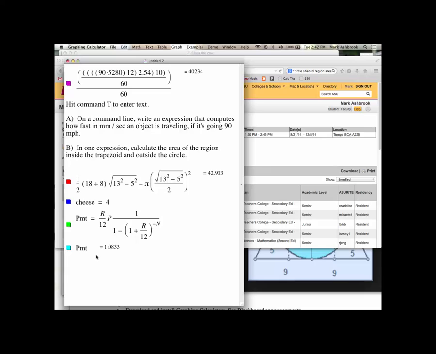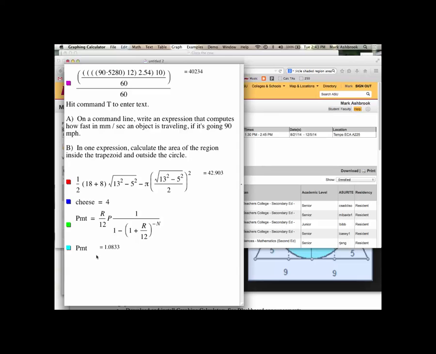Right now R is just the default. If you don't define a parameter, the default is 1. So right now my R equals 1, my P equals 1, and my N equals 1. So this is just plugging in 1 for all those because I didn't define them, and calculating payment and telling me the value of that expression with all those things being 1. But you are going to put in R, P, and N, in separate command lines, define what their values are, and payment should come out to, is the first one done for you? It shows on the screen, what is it? 1,686? Did it work? Yeah.